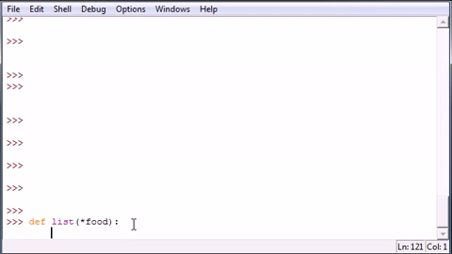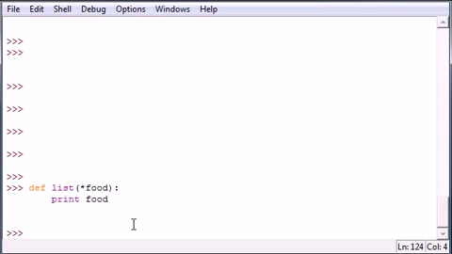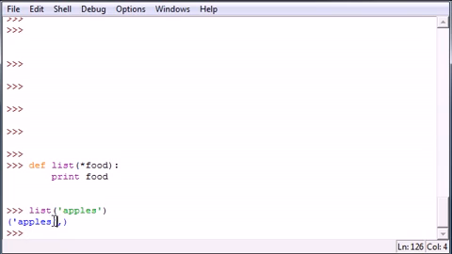So let's go ahead and do something to this list. What we want to do is just print out food. This is a really simple function. So now if we have list and we add an element like apples and call it, as you can see, it doesn't just print out apples, it prints out apples as an element in the tuple. So now using this asterisk we can add many elements to one parameter instead of just writing a whole bunch